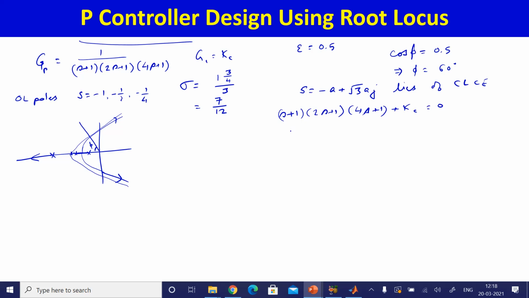So that is actually 2s square plus 3s plus 1 into 4s plus 1 plus kc is equal to 0, and that becomes 8s cube plus 14 s square plus 7s plus 1 plus kc is equal to 0. Now if you look at